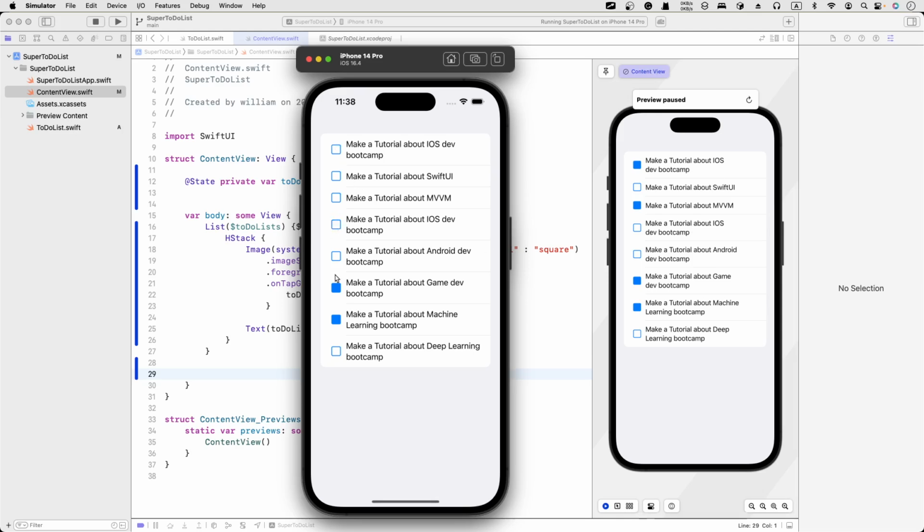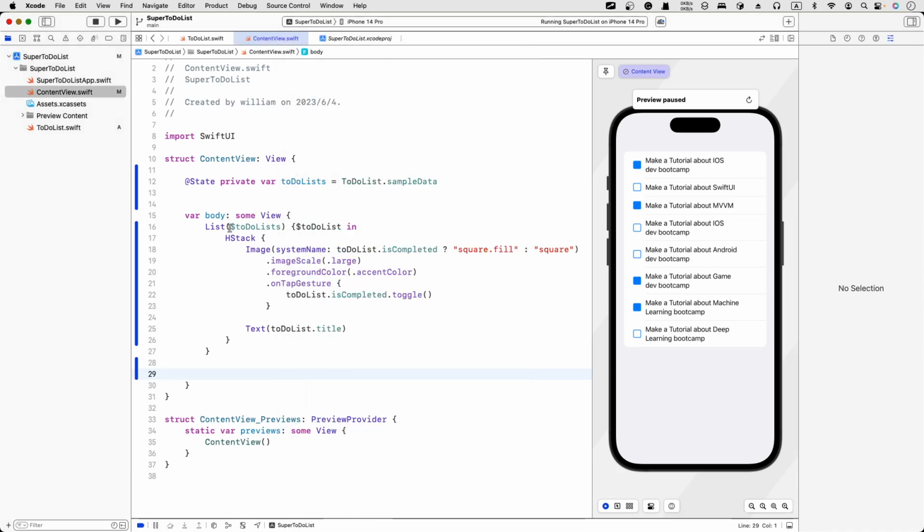So for example, I can say that I already finished the iOS bootcamp tutorials with UI and VM, iOS bootcamp, something like that, Android, and the game dev, machine learning, something like that. Okay, so we have successfully created the functionality of how to toggle. Just remember, you need to bind that in order to change it. If you don't do that, you just let initialize it, and that is immutable, which means that you can't change it. Okay,